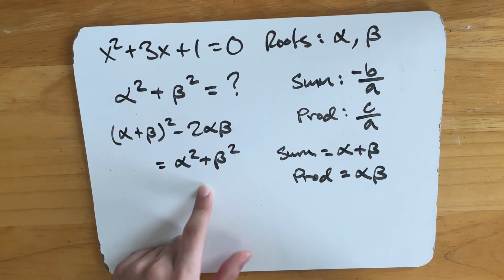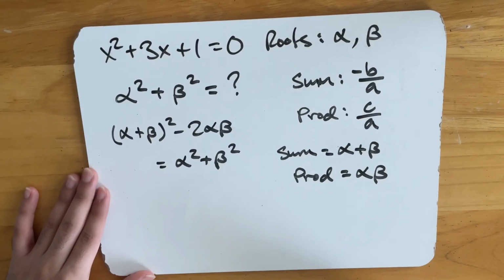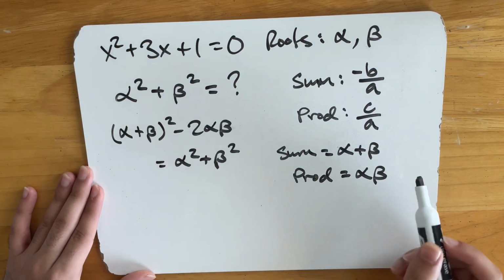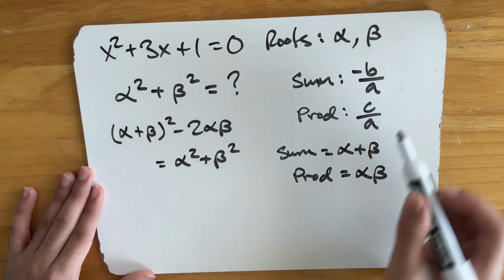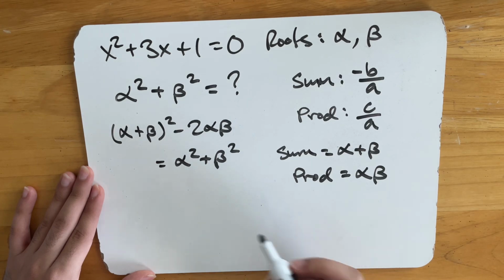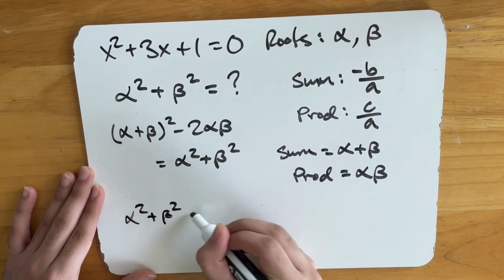Alpha squared plus beta squared: we re-expressed it in terms of alpha plus beta and alpha times beta. Now we can just plug stuff in to get the answer. So the sum equals alpha plus beta, and the sum is equal to negative b over a. Negative b over a is equal to negative 3 over 1, so that's negative 3. So alpha squared plus beta squared is equal to alpha plus beta,